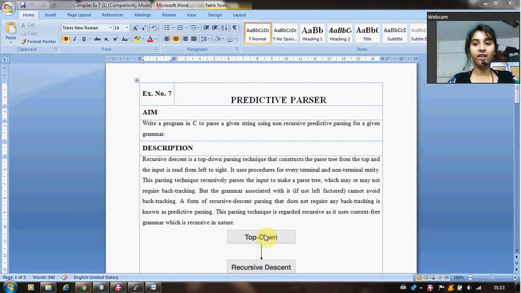This is System Software and Compiler Lab Exercise number 7. In this exercise we are going to see the predictive parser. We are going to write a C program to parse a given string using non-recursive predictive parsing for a given